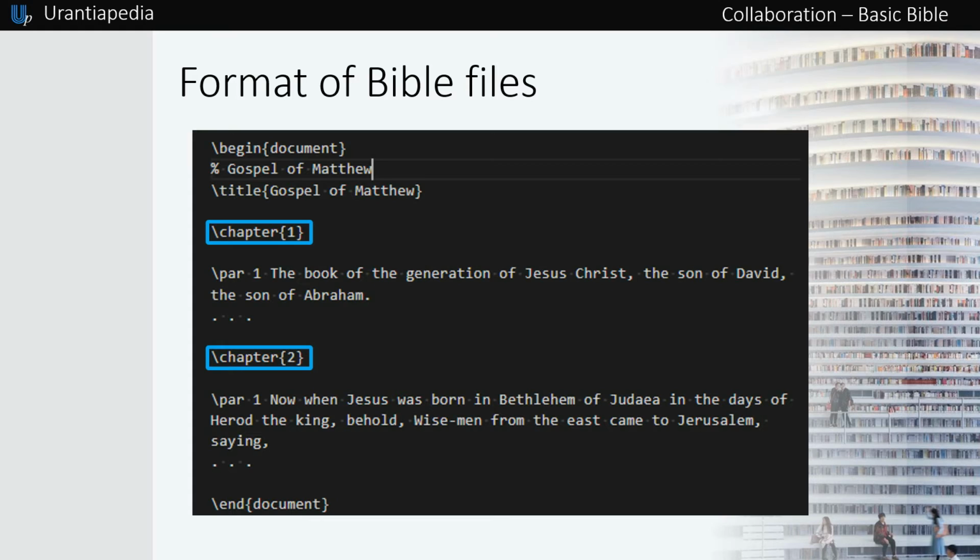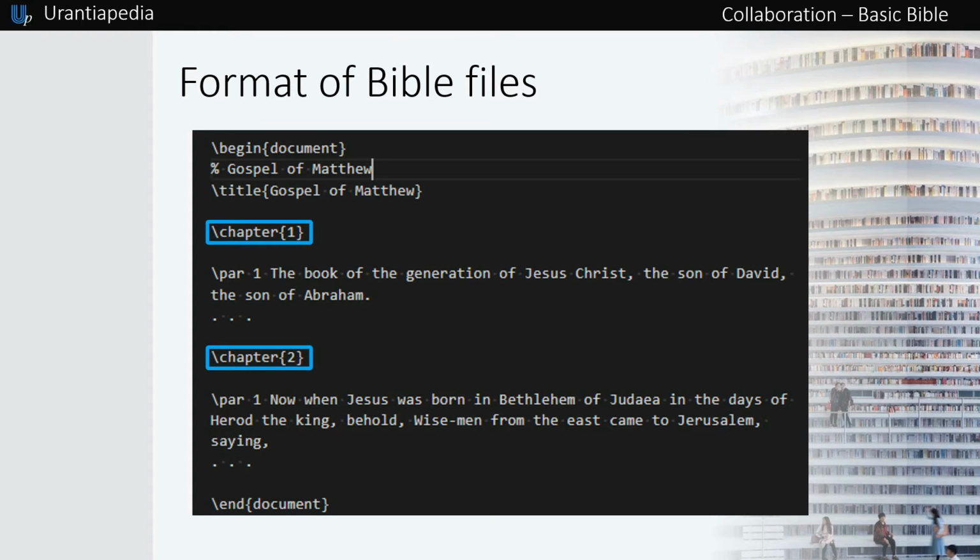Each chapter will be marked with the command \chapter and then in curly braces the number of the chapter, starting at 1. If there are any sections, some subtitles that sometimes you find in some editions of the Bible, they will be marked with the command \section and in curly braces the title for the section.